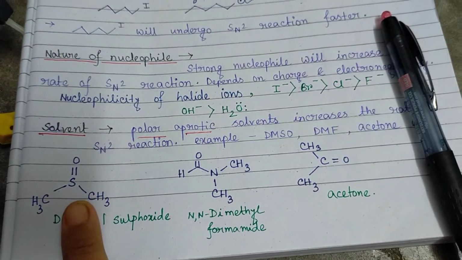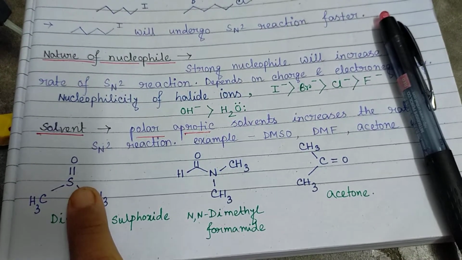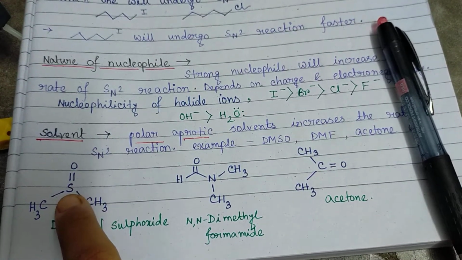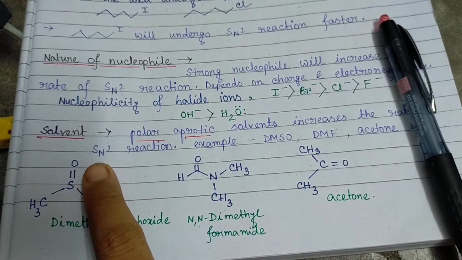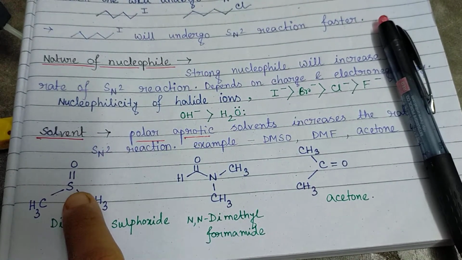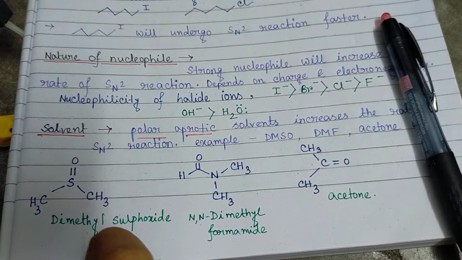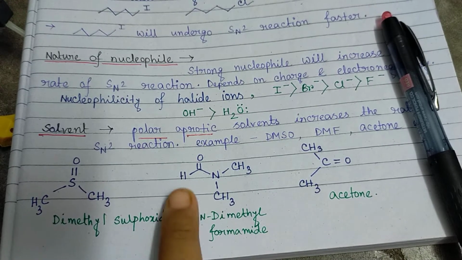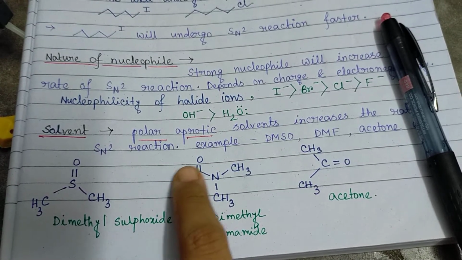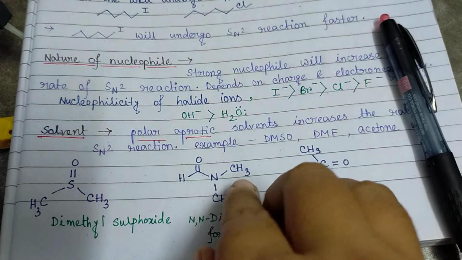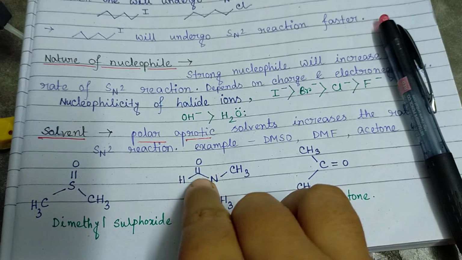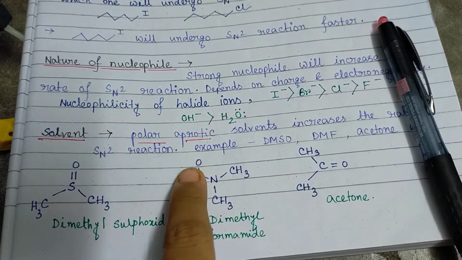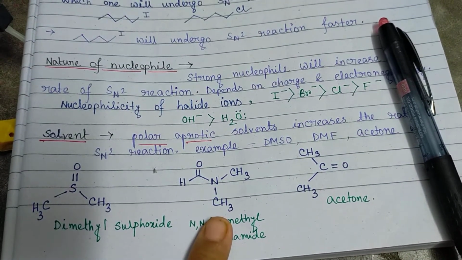This is the structure of DMSO, that means dimethyl sulfoxide, where the sulfur and oxygen part is the polar part, because sulfur will be plus and oxygen will be minus due to the difference in electronegativity. And see, there is no H plus ion. So DMSO is a polar aprotic solvent. Similarly, N,N-dimethylformamide is also a polar aprotic solvent. Why polar? Because this C=O double bond can be written as delta plus, delta minus, but there is no presence of H plus. So it is also a polar aprotic solvent.